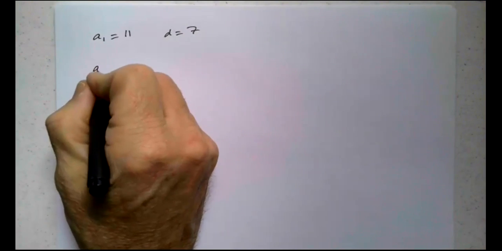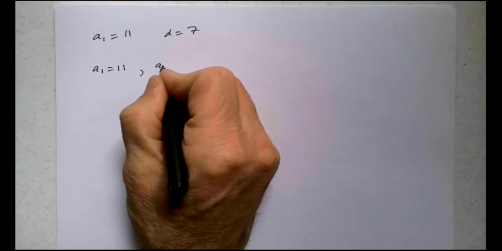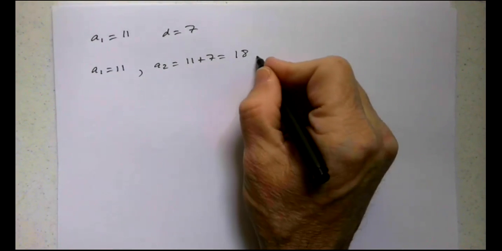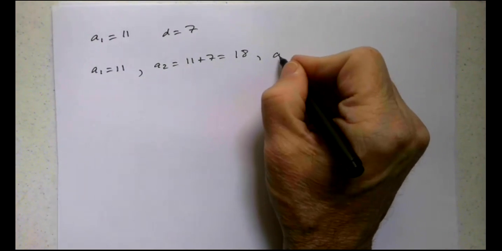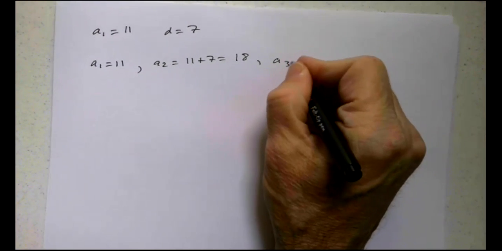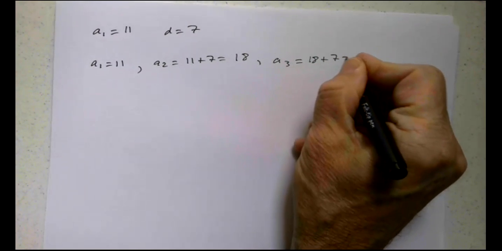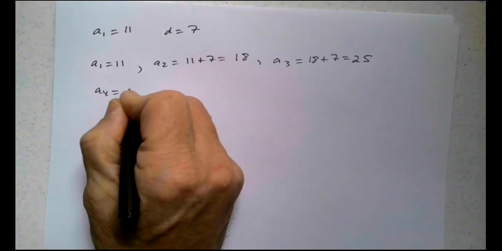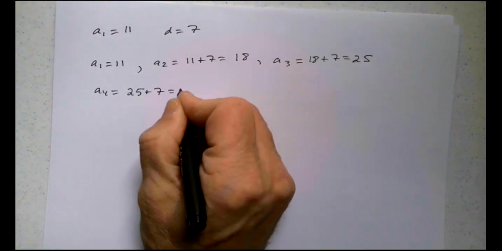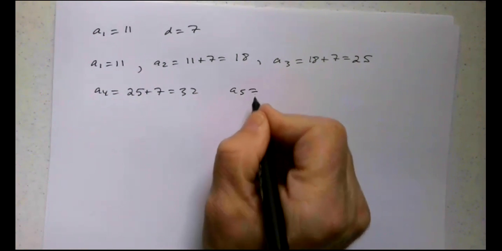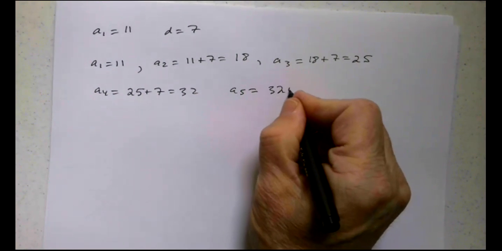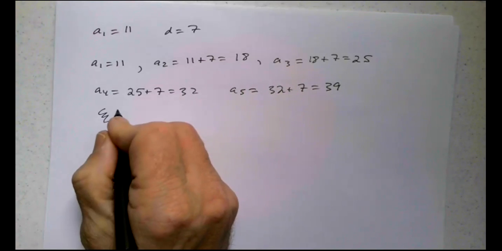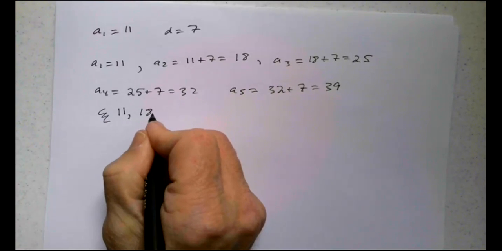Again, A1 is 11. A2 would be 11 plus 7, which is 18. A3 would be 18 plus 7, which is 25. A4 would be 25 plus 7, which is 32. And A5 would be 32 plus 7, which is 39. So in terms of listing elements of that sequence, 11, 18,